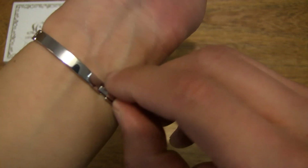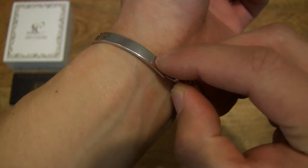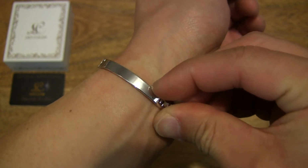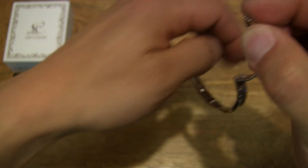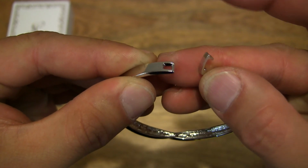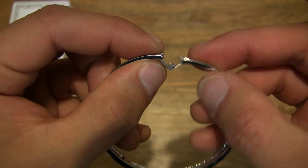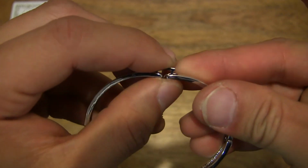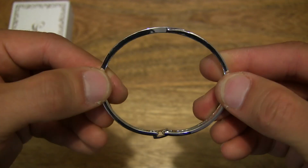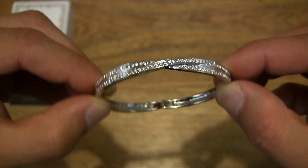Alright, now let's see if I can pop the clasp open. So done quite easily right there. And of course, just trying to pop it out from the square hole there, just like that, and popping it right through, over, and of course just to show that lock by snapping it back down. So very simple clasp, simple yet effective,